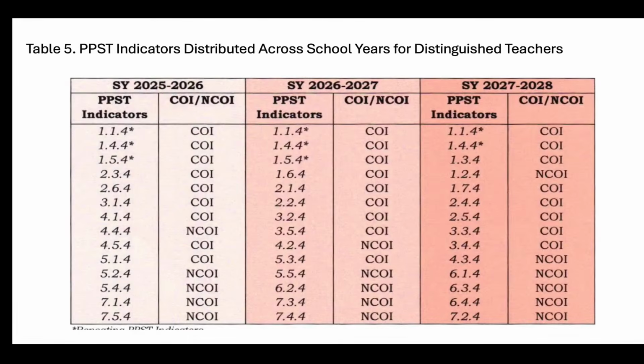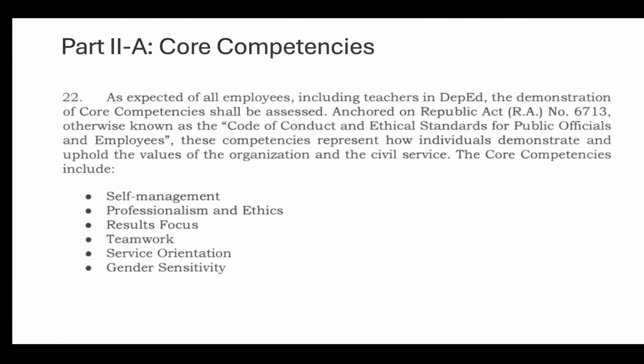Right? So that is the pattern. This one is for the distinguished master teachers, for those who are master teacher 3 to 5. Okay? So the same number of classroom observable indicators, still 14. Okay. So another thing that is different in how we are rated for this school year is the emphasis on